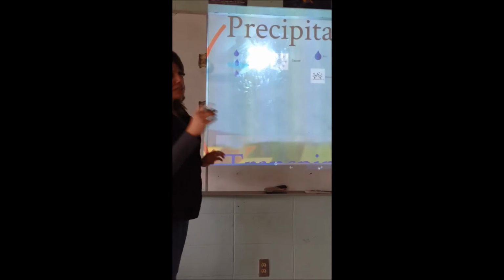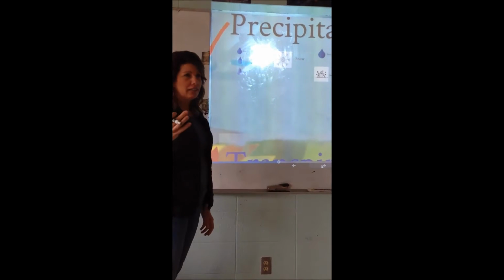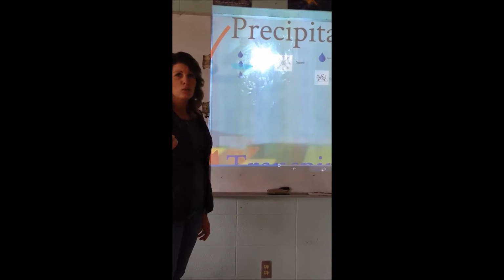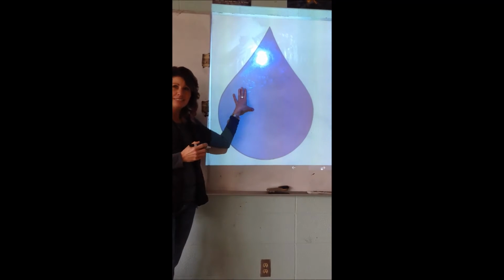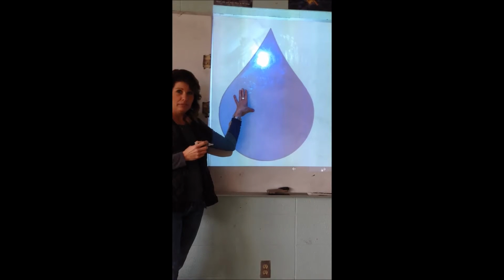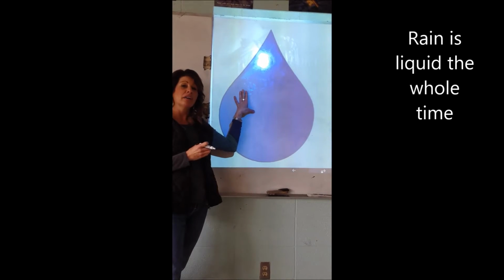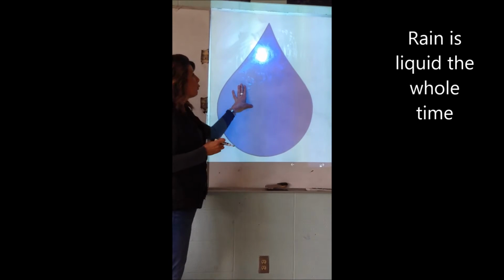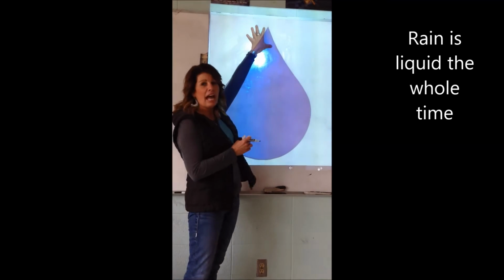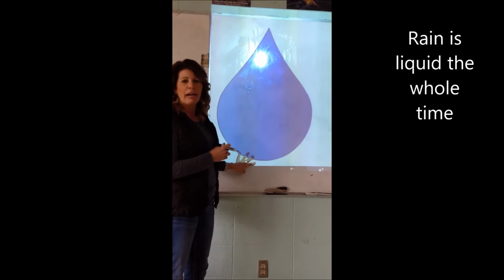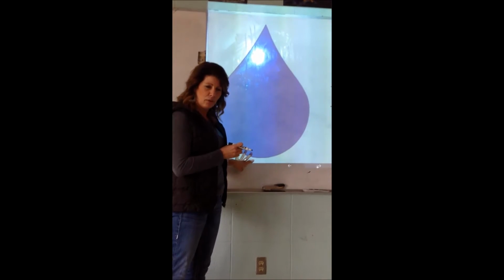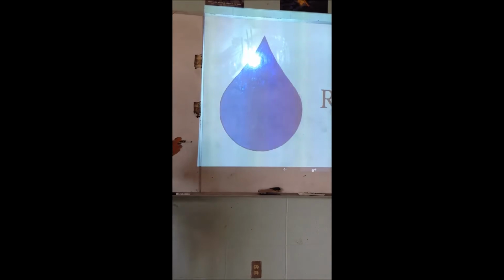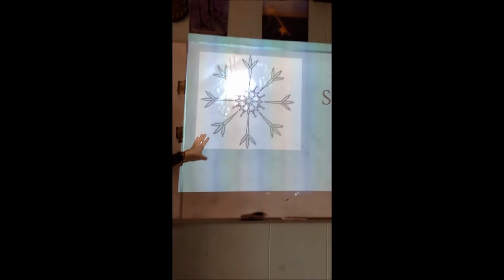Now, the first kind of weather, which we're all very knowledgeable about, is rain. Rain is a drop of water that falls from the cloud as a drop of water. A drop of water is a liquid. Now, rain falls from the cloud as a liquid and hits the ground as a liquid. Okay? Pretty simple. All right, next we have snow.